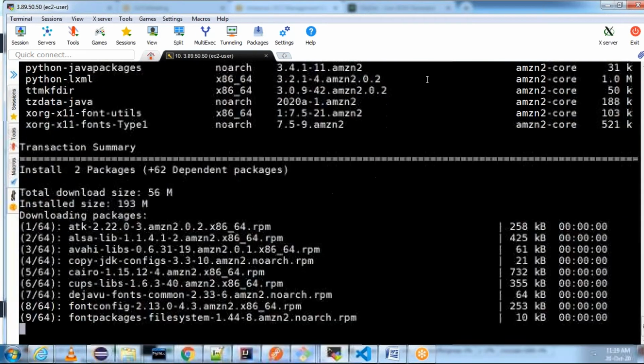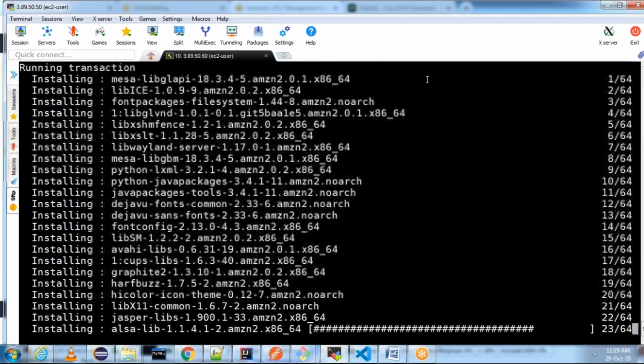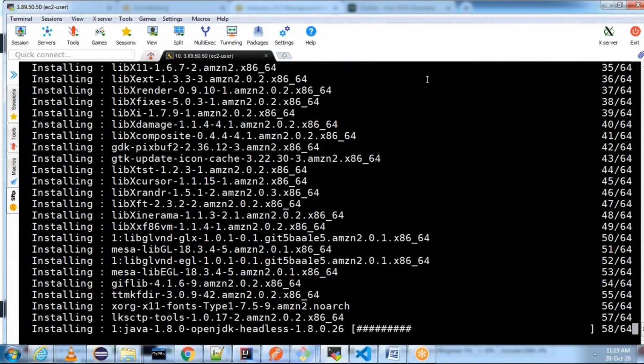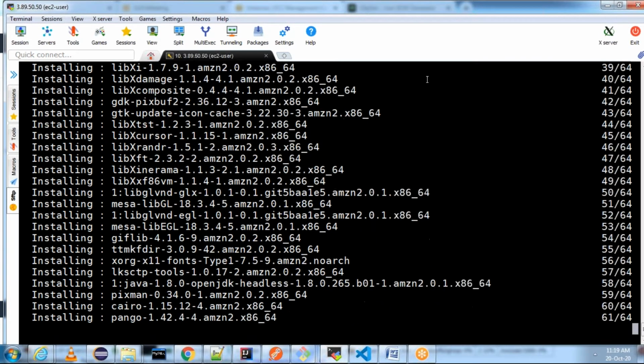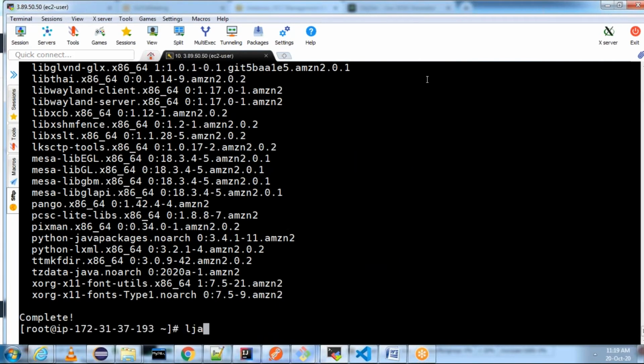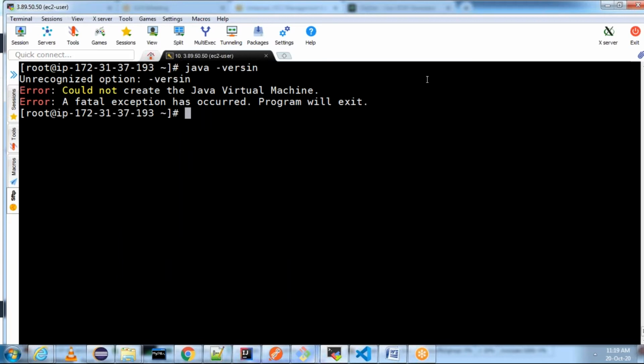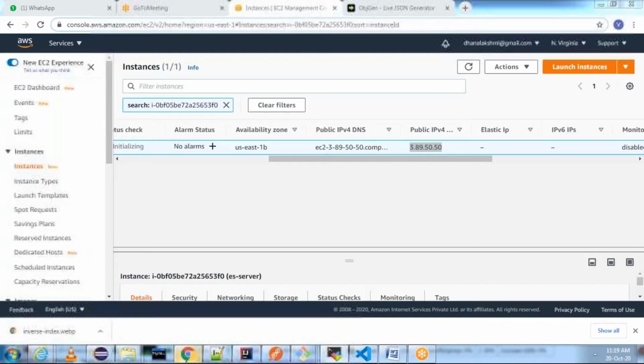Once Java is installed, we'll verify whether the Java version is there or not, and then we can start downloading the Elasticsearch RPM. Perfect. Let us see whether Java is installed or not. Java is installed. Perfect. Once we have Java installed already, we can go ahead and download Elasticsearch.